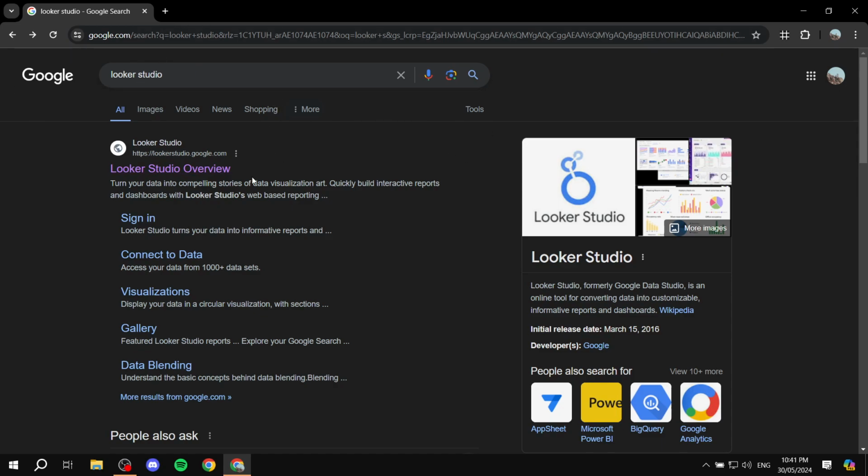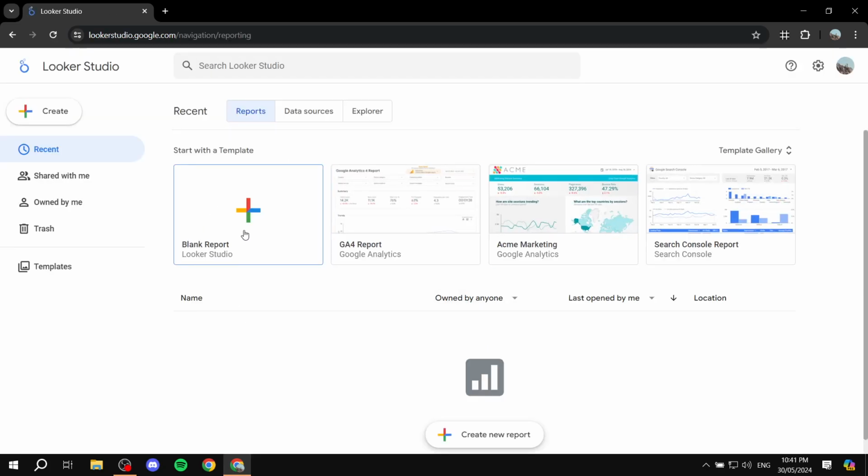So just look up Looker Studio and click on Looker Studio Overview. And then from here, you'll need to create your account. It's free and easy to do. So just feel free to do it. And now you should navigate to this page where you can go ahead and start your report. Now we are going to start a blank report because we want to create our very own